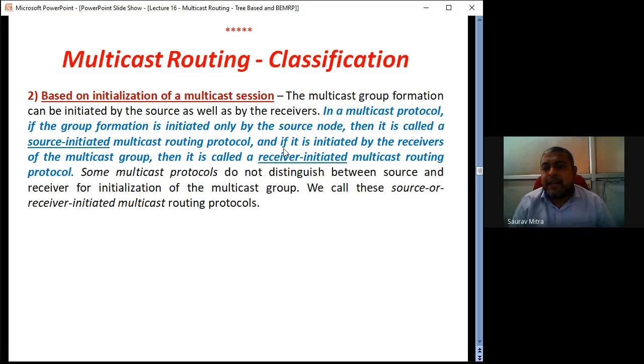In the second case, I don't know the path between Belgaum and Bangalore, but the person at whose home I am going to go knows the path very well. He is there at Bangalore, at the destination point, and he will be guiding me, telling me to follow this path. So that is called a receiver initiated multicast routing